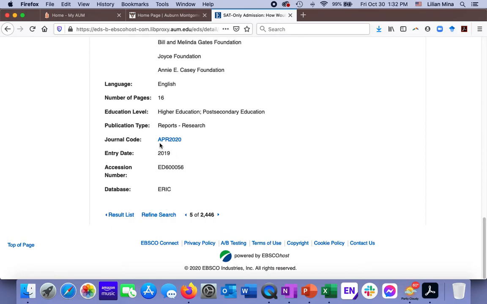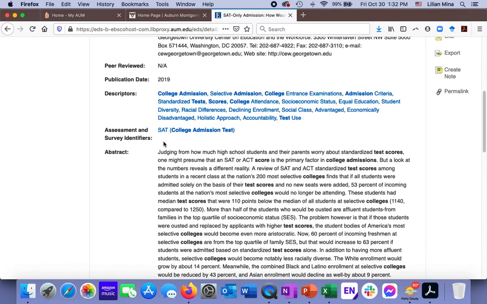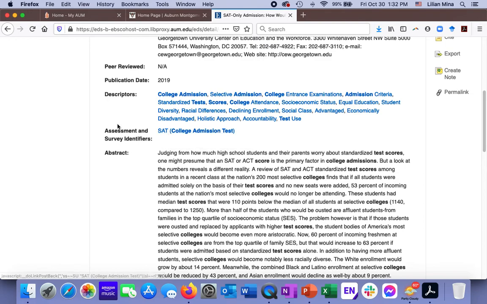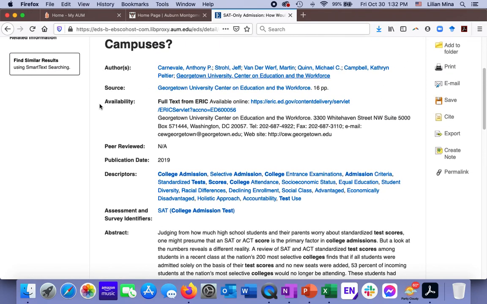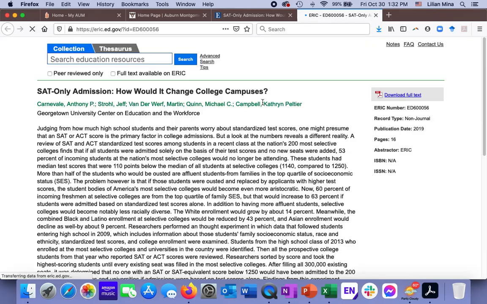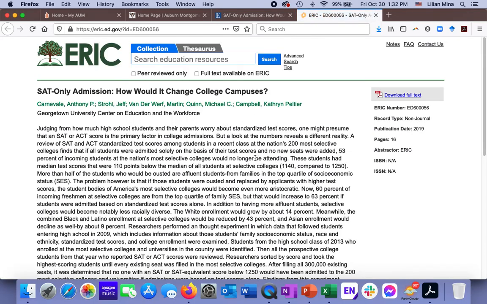And then in order to get the complete text, here it is, availability. If you click here, sometimes you'll see this as a PDF. You can just download the PDF file to your computer, or here you see it gets you to the article, and then here, download full text.